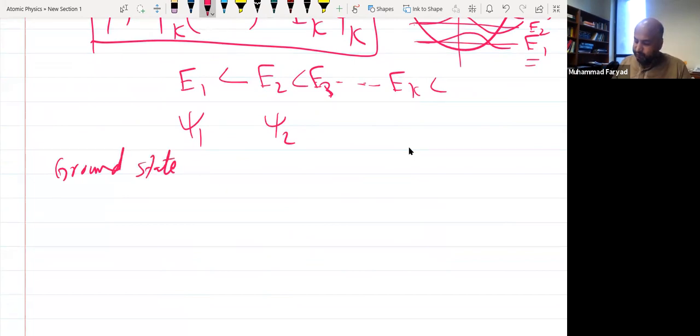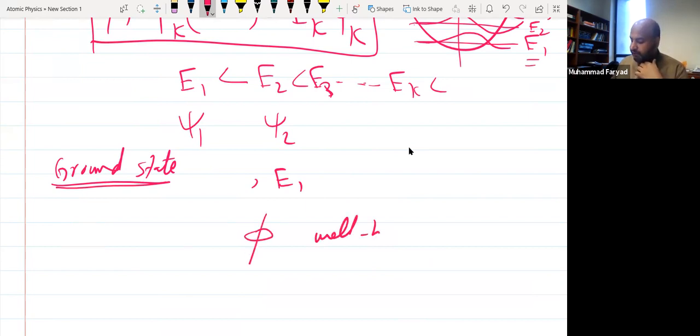Later on, I will extend it to higher excited states. But for the ground state, the variation theorem states that if E1 is the ground state energy, and you take any well-behaved and integrable function phi, you can choose any function phi, then this thing holds, that the integral is over all the coordinates